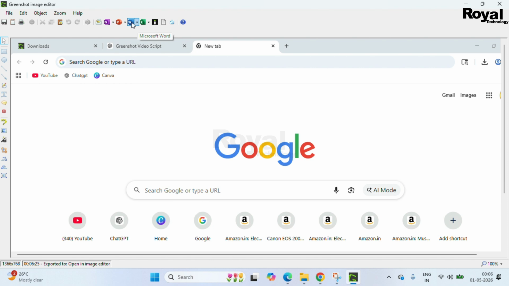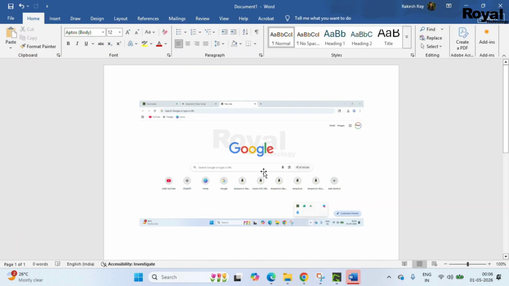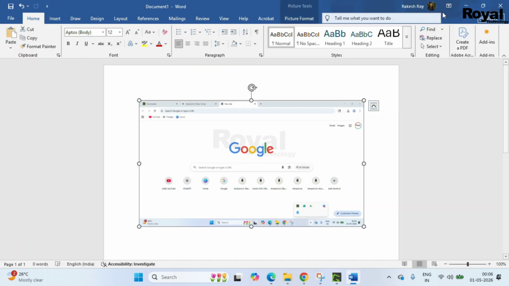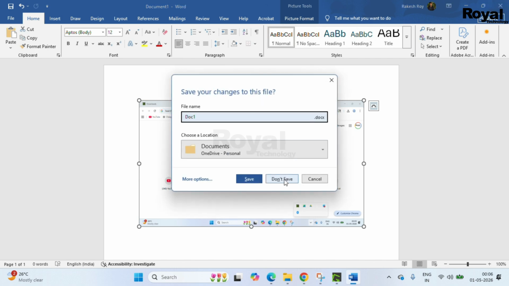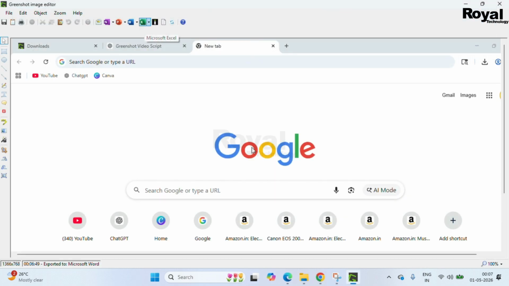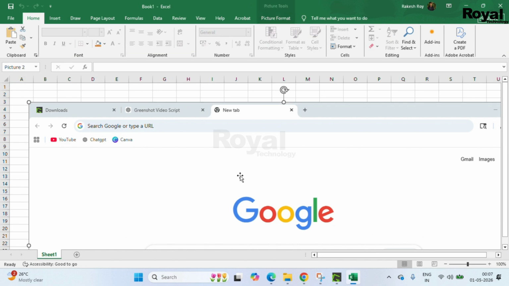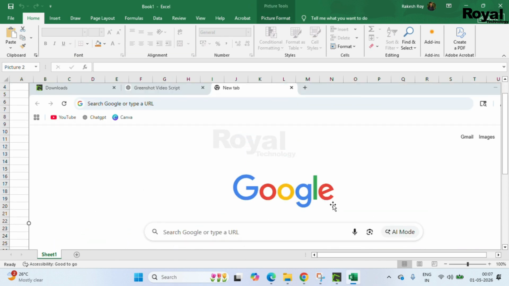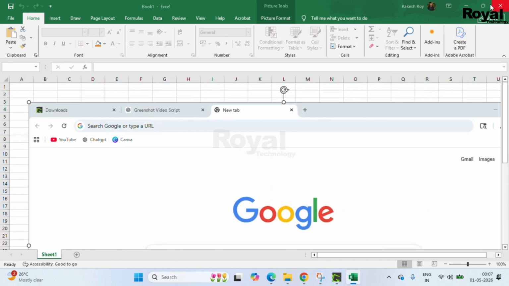If you click any of these options, it will directly copy that screenshot into that Word file or Excel, whichever you select. Now you can edit in Word like that. If you click Excel, it will open Excel and paste it inside the Excel file.